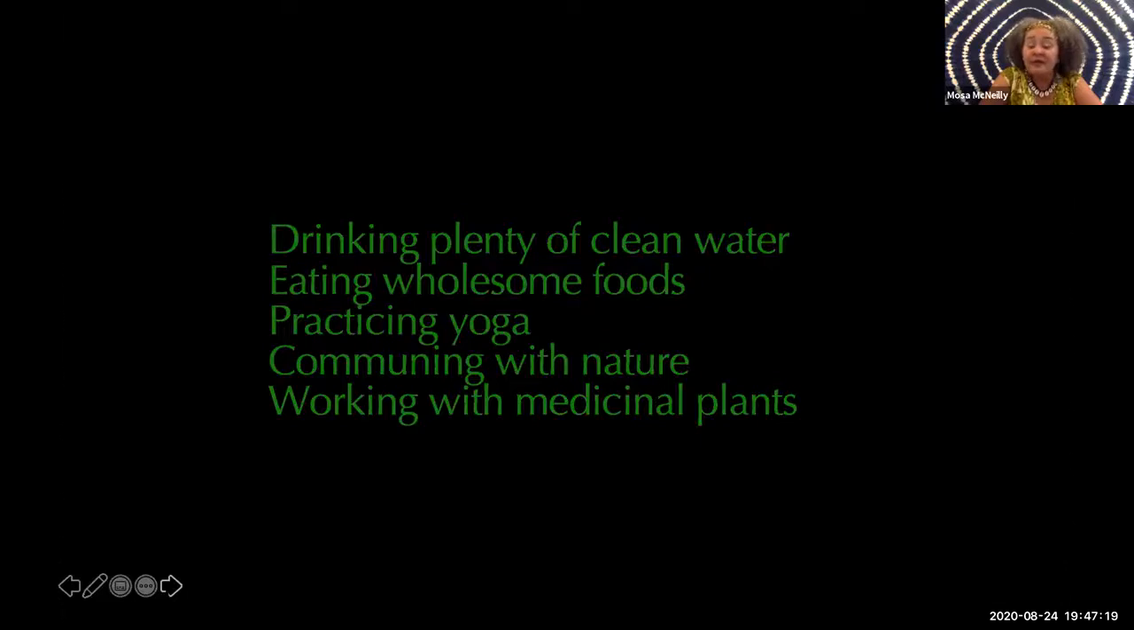I am very dedicated to eating wholesome foods. I have a predominantly vegetarian diet. I try and keep the food organic in the household as much as possible when I can afford it. I practice yoga regularly, or any kind of physical activity, but I find yoga to be a wonderful practice because